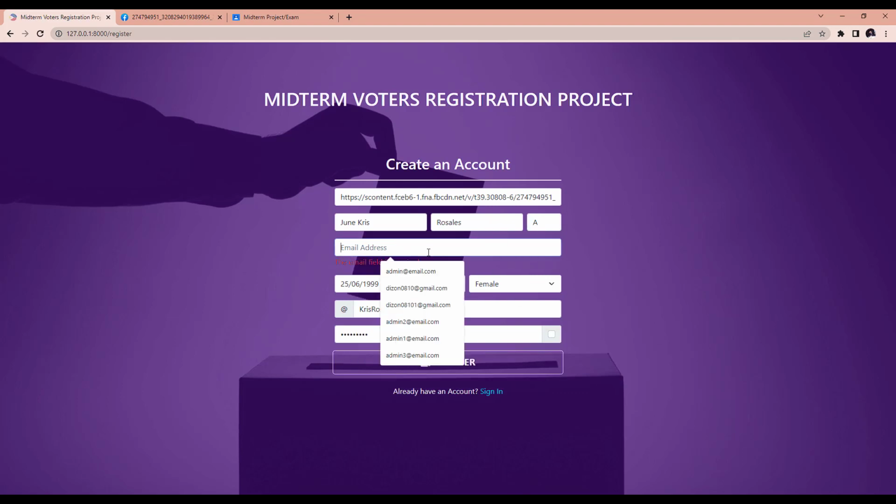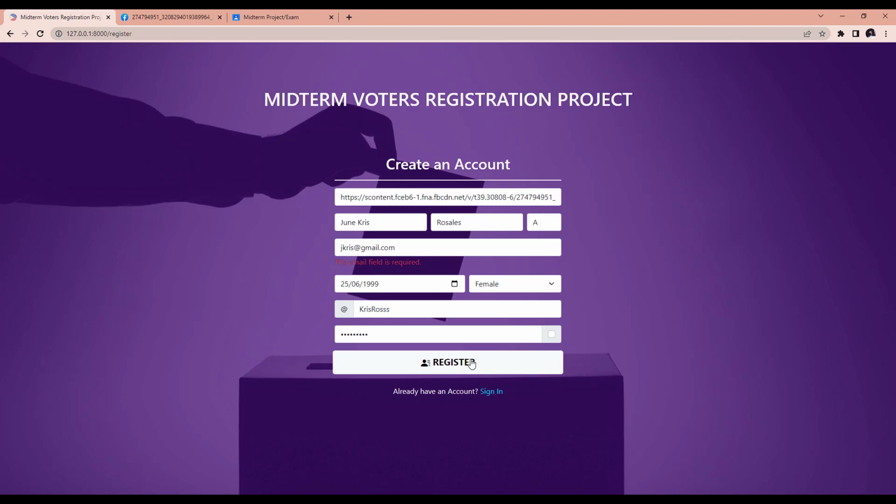Automatically may ma-release tayo na validation message again, which is asking us to put our email. So that's why we're going to input our email here. Okay, so once complete na siya guys, at follow naman natin lahat ng requirements niya, if we're going to click the register,